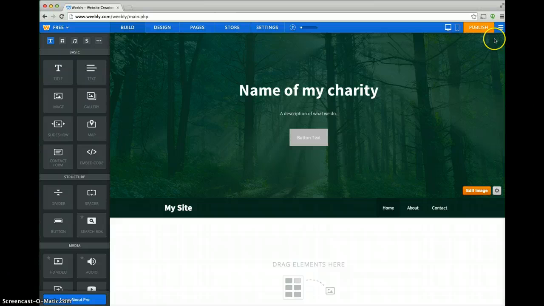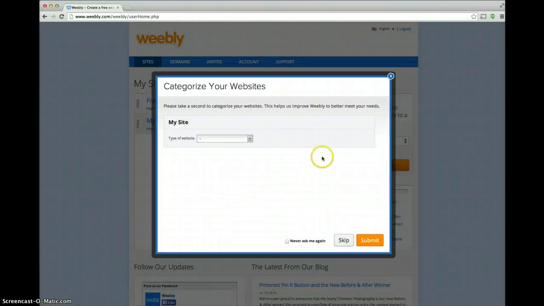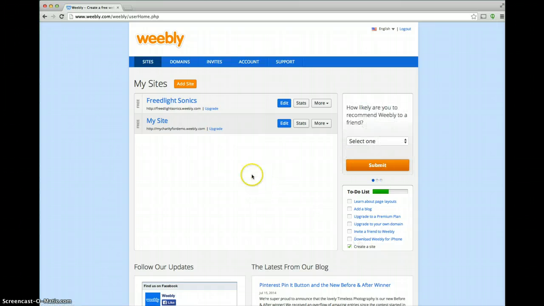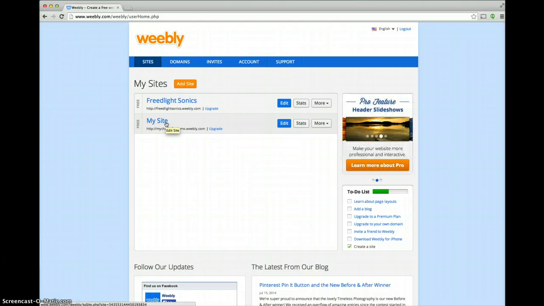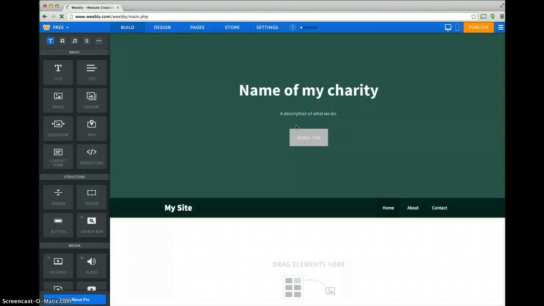For now, you can just go up here to the menu and click on My Sites. You don't need to save it or anything because it saves as you go along. And it asks you to categorize the website, and we'll call this a group organization site and say submit that. So there we see My Site, which is the new one that was created, and we want to go ahead and name the site. So I'm going to actually go back in here and open it back up